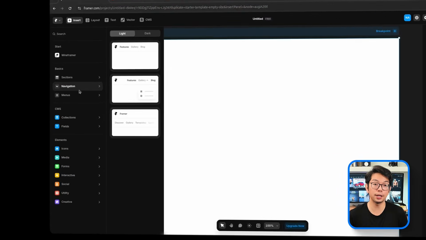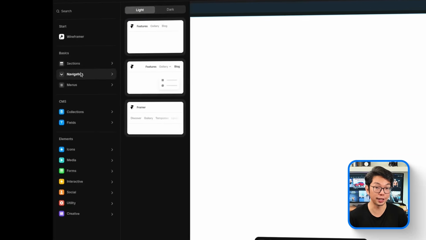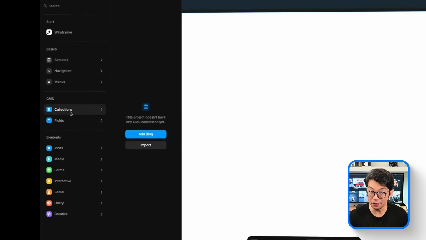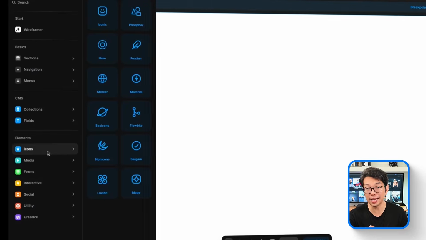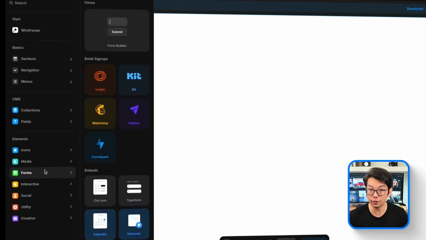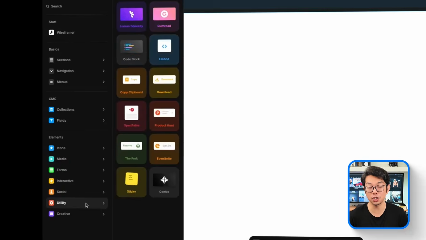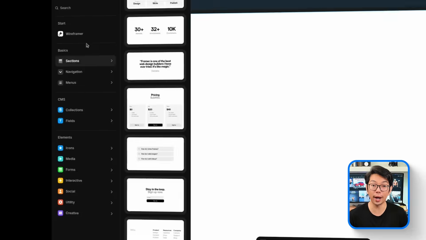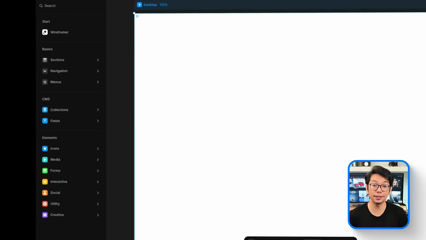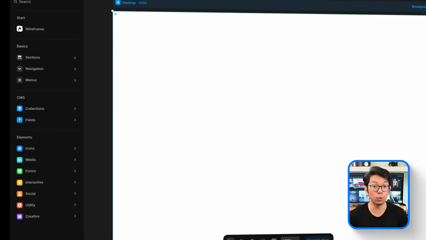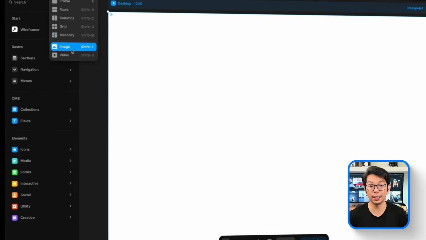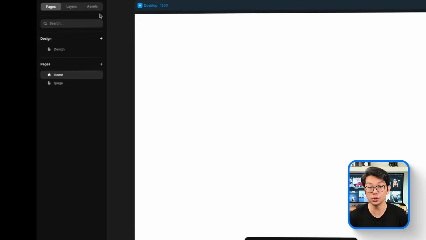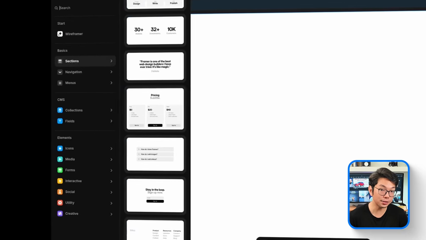For ease of use, Framer is where a lot of people hit friction really fast. Because the interface here, as you can see, is packed with layers, components, variants and overrides, and even simple changes often require knowing where everything lives. That's manageable if you're already a designer, but for beginners, it's overwhelming almost immediately because basic tasks end up